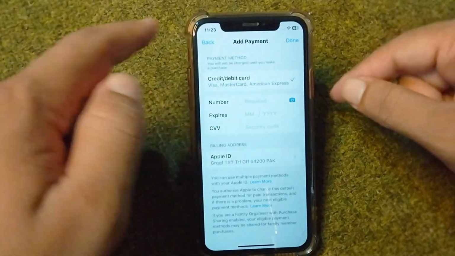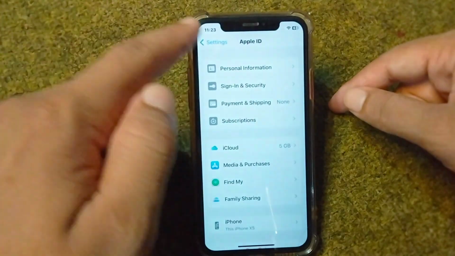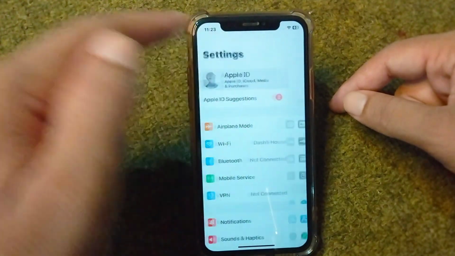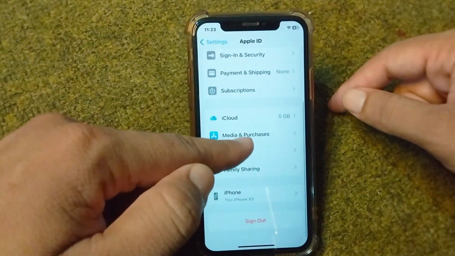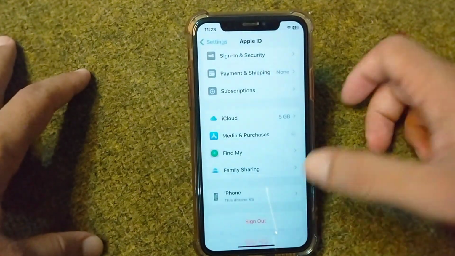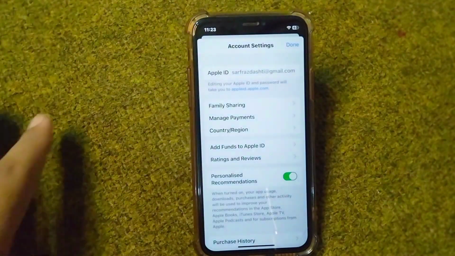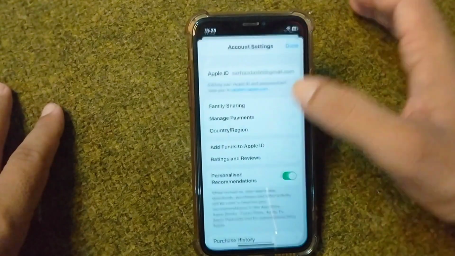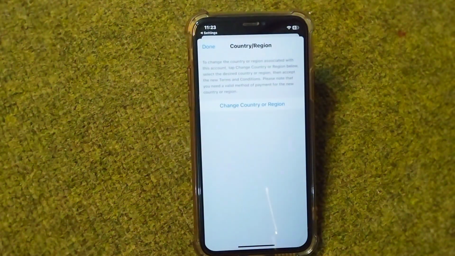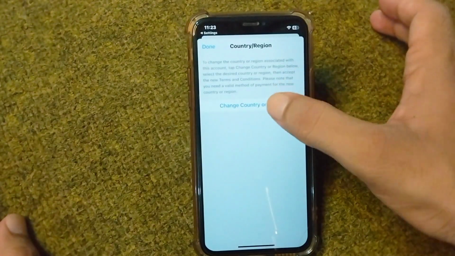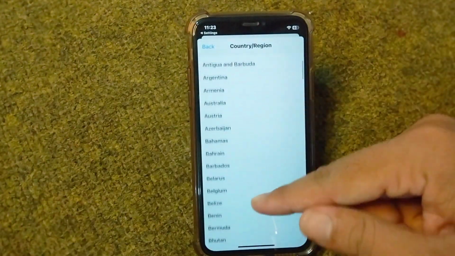So guys, after this go for the second method to remove your payment method. For that go back, and from here again open your Apple ID, scroll below and tap on Media and Purchases, tap on View Account, wait again for some seconds, and from here tap on Country or Region. Tap again on Change Country or Region, select your country from here,